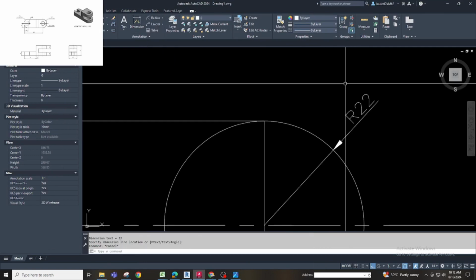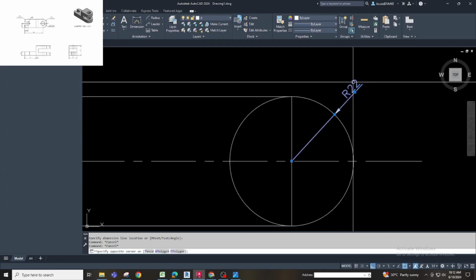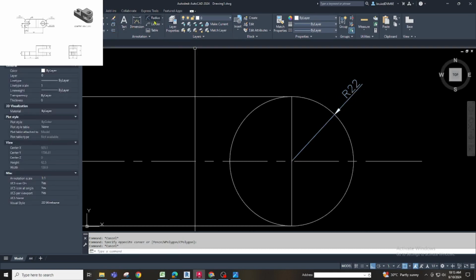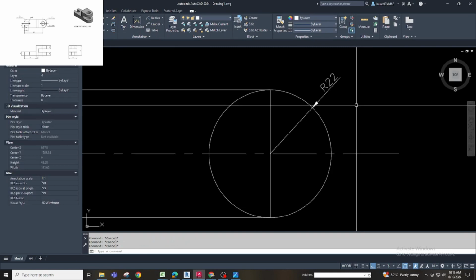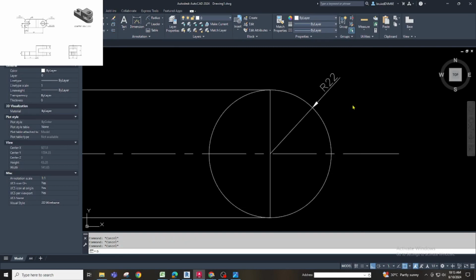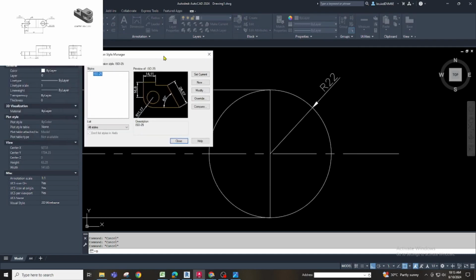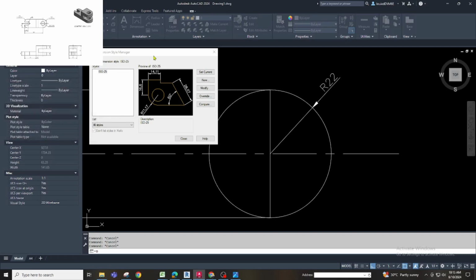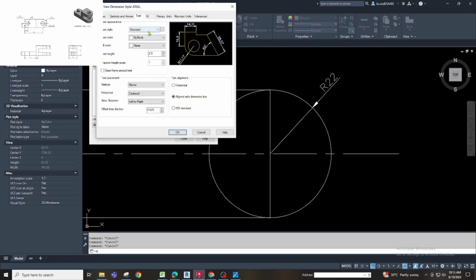So guys, pwede natin palitan ang dimension style niyan. Let's say I will command D. So I have already a dimension style, so we will just set a new one. Let's say I will choose this, an area. So we will choose an area here.